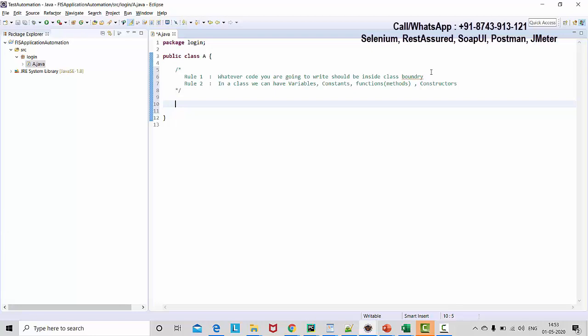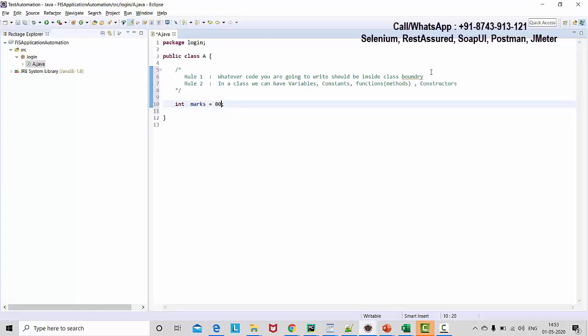So if you want to create a variable, first of all we have to define what kind of data you want to save. So I'm writing int. Int means it is going to hold an integer value, that is called data type. So here the data type is int. What is the variable name? So the variable name is marks, and what is the value of that? So I'm saying like 80. So I have created a variable with the name marks, the value is 80, and its data type is integer. So it's going to hold an integer value, meaning a non-decimal numeric value.